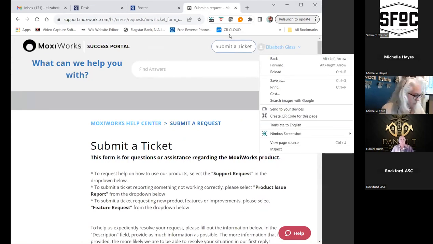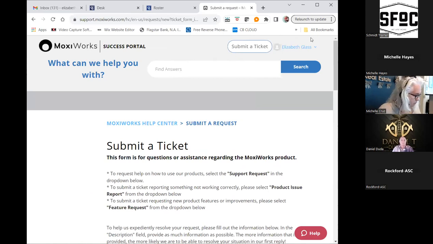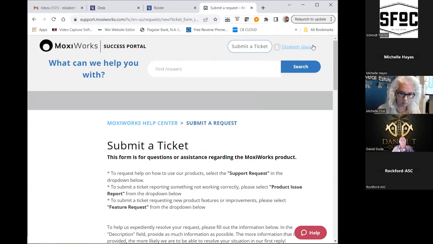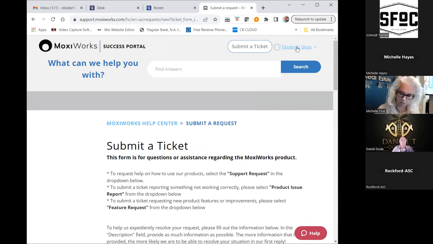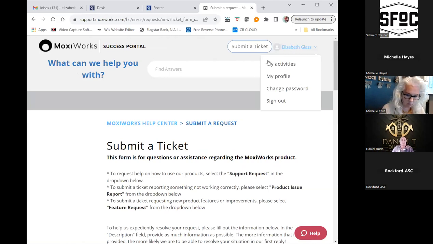Now, what happens is when you do that, it creates a whole library of the issues that you've had, so you can jump in very quickly to take a look and see what's happened since you put that support ticket in. On the upper right-hand corner, you might have to click on this one time if you've never been in here before. You might need to put in a password or create one. And then from then on out, it will just be you. So then you click on your name, and then it gives you the option right here.